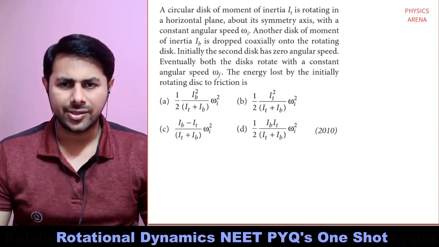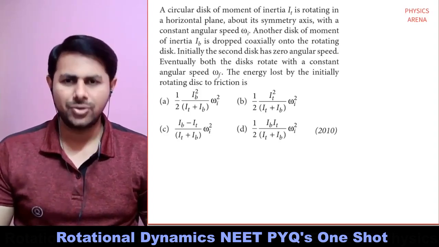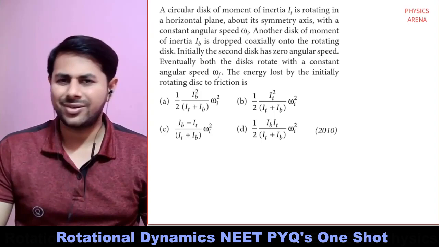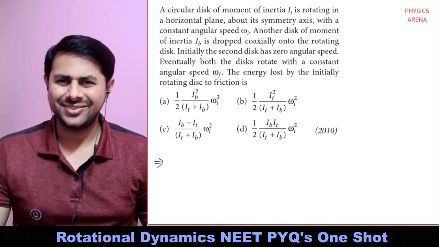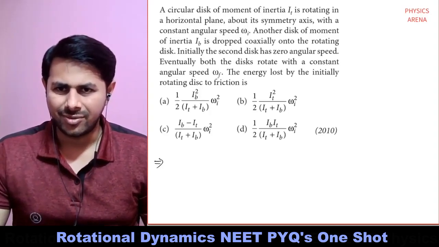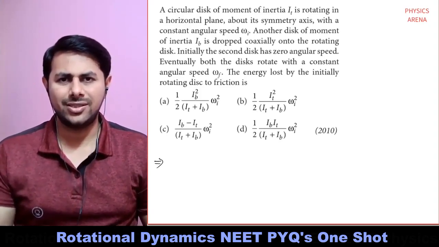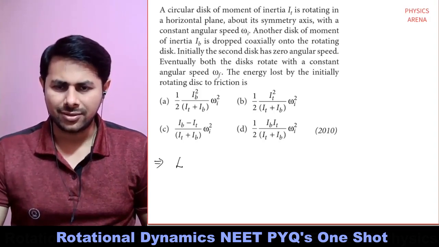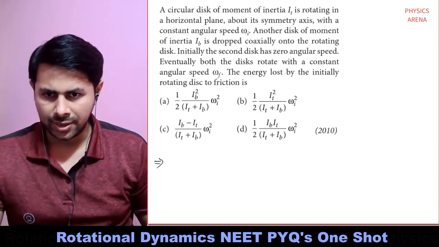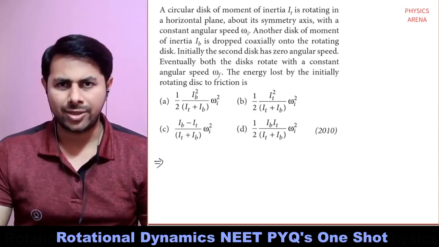The energy lost by the initial rotating disk due to friction is? So this is similar, right? We have a recipe to solve this. So let's solve this. The moment of inertia of the first one is I_t, and of the second one is I_b. Initially only the first disk is rotating. So the total initial angular momentum is equal to the total final angular momentum,